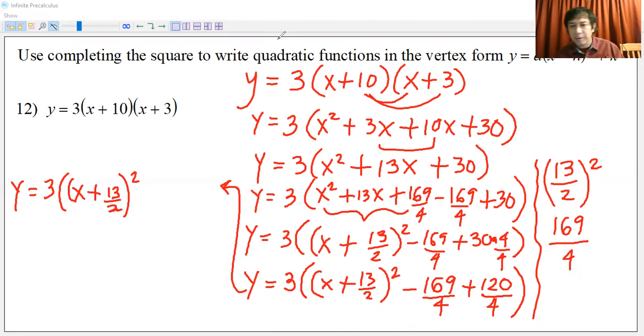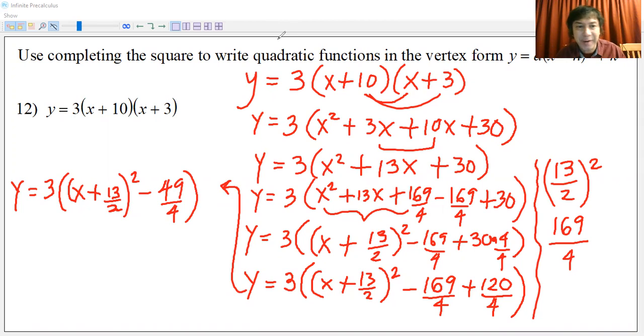And now we have negative 49 over 4, still inside the parentheses. Now it's time to distribute the 3,